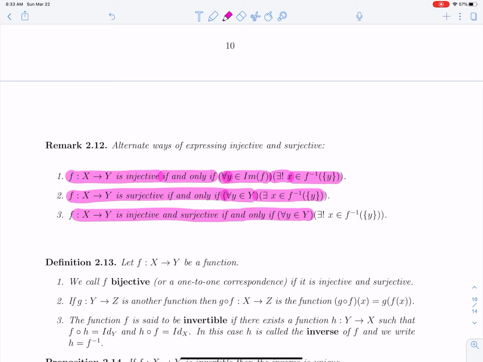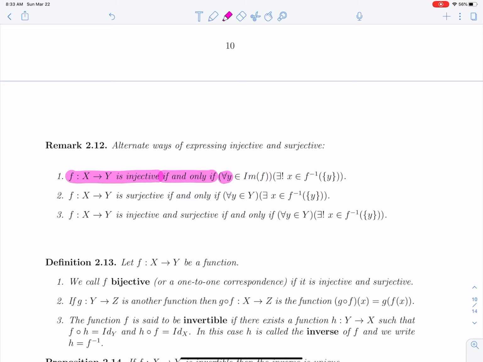So this says injective and surjective. Let me get rid of all that highlighting. We have injective and surjective. That says that my preimage, so injective and surjective says that the preimage of any y is just one x. And this is saying that it's surjective if the preimage of y